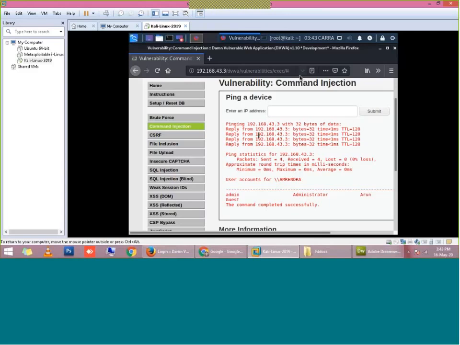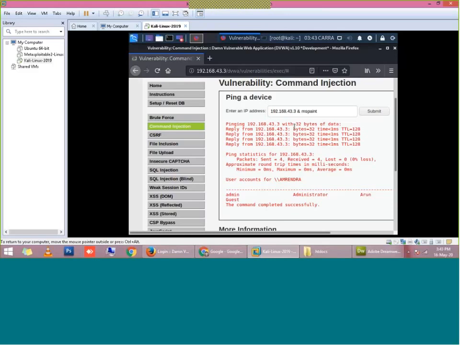So the next command I would like to show you is this. You can see what I am going to do here. I will write here the IP address of the victim machine, 192.168.43.3. This is the IP address of the victim machine. Victim machine means the machine on which the website is running, the server on which the website is running. In this case, the victims are the web servers on which the website is running, right? So our ultimate goal is to hack the website, and through hacking the website, we will be able to hack the web server, right?